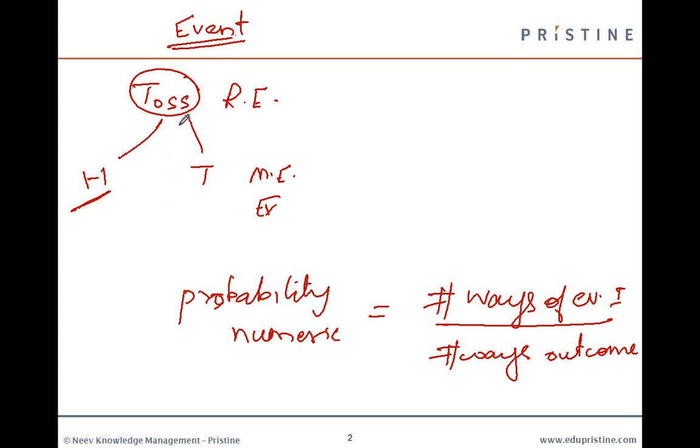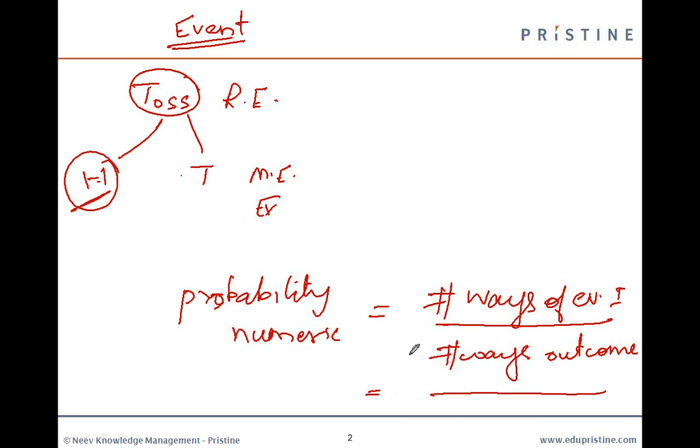So let's take the same example of the toss of a coin. When you toss a coin, you may get head or tail. So let's say I am Dhoni, going for a cricket match toss. I say I want a head. When you toss a coin, your possible outcomes are head or tail. The event of interest is getting a head. So the numeric value of probability is the number of ways I can get the event of interest divided by the number of ways a possible outcome can happen. In our example, the number of possible outcomes is 2, because when I toss a coin, I may either get head or a tail.